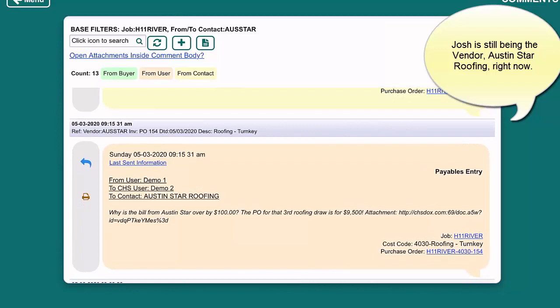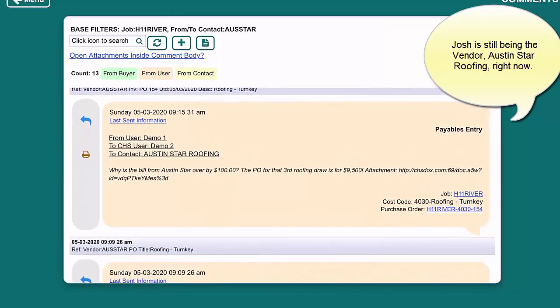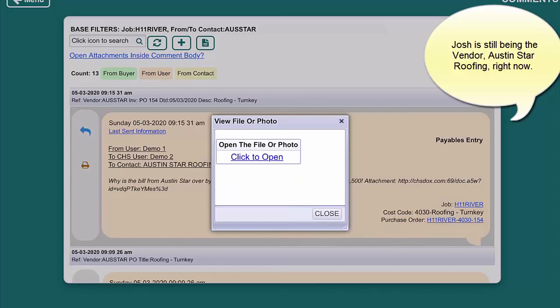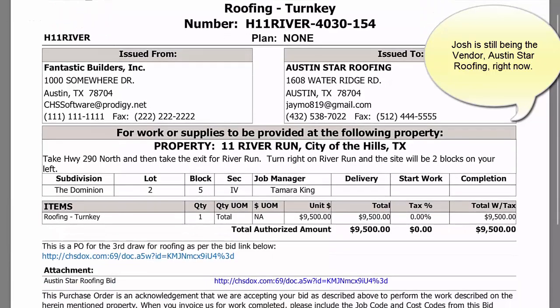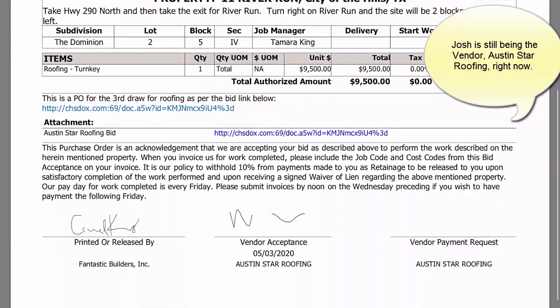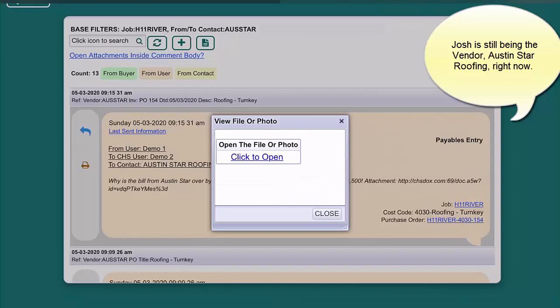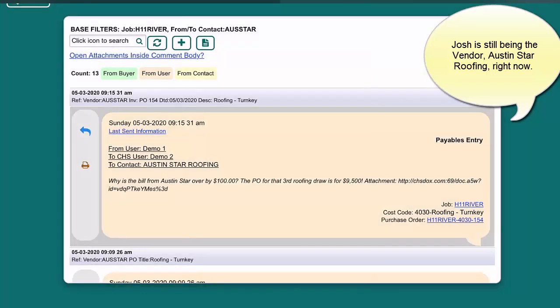And so here is the payables, and so this was the email that we clicked on. So we'll check the purchase order, and when we check this purchase order we will see that it is the signed one. Boom. And here you go. So there's the purchase order. So since I'm in here right now as the vendor, I'm going to close this and I am going to